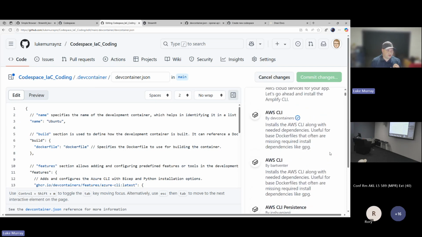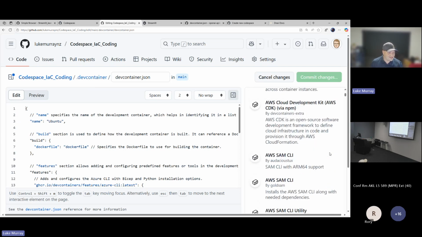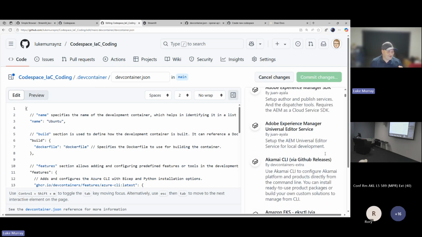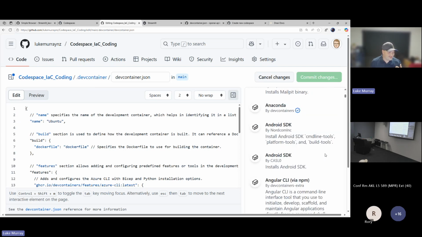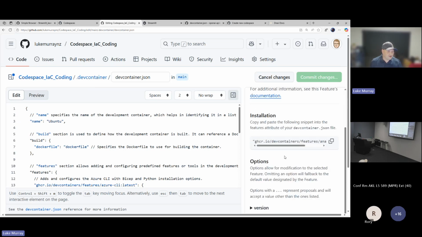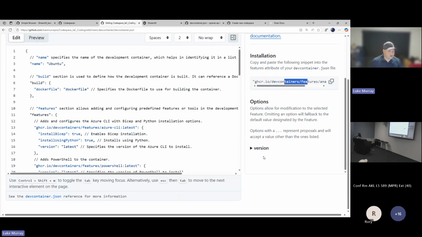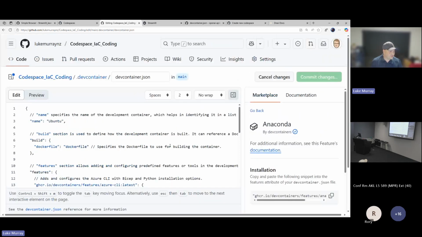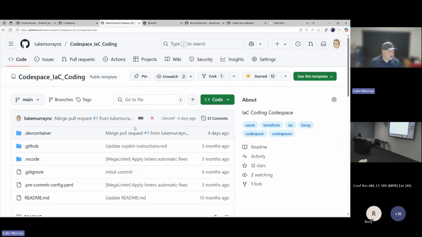For example, I'll skip past the AWS ones, but if I wanted Anaconda, I could select that, and it would list the features here as well, all from the GitHub user experience. And it's really easy, once it's done, committed, essentially